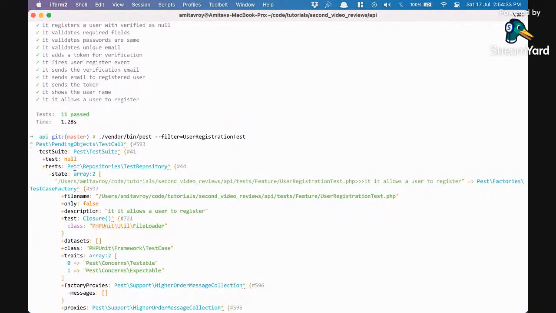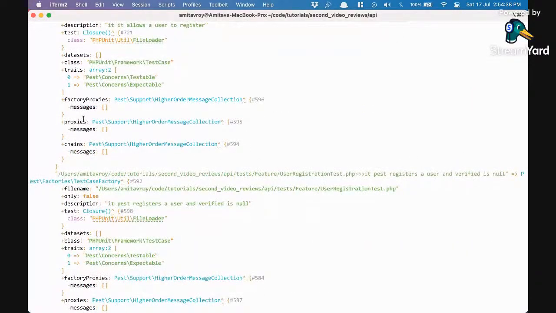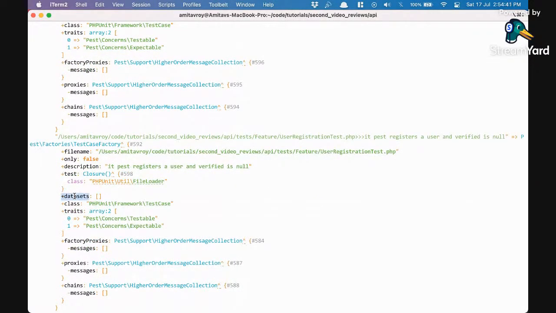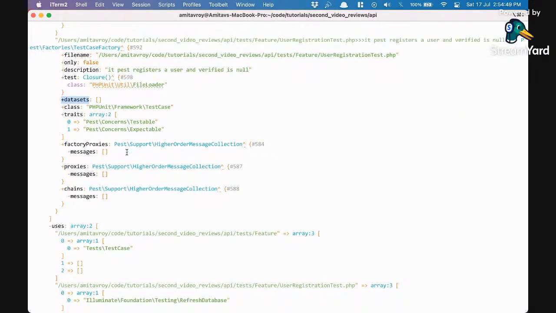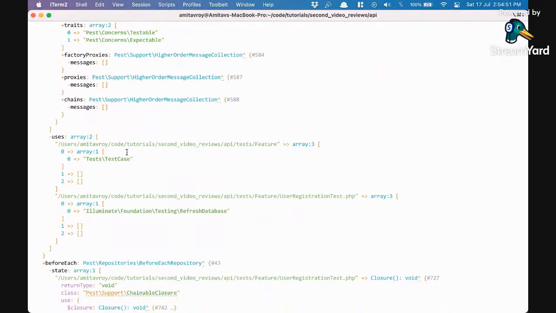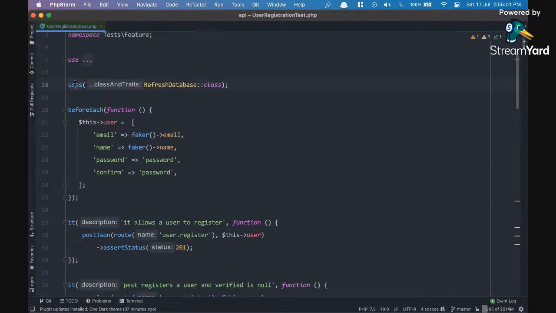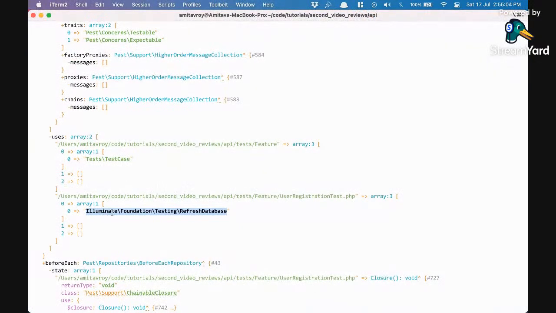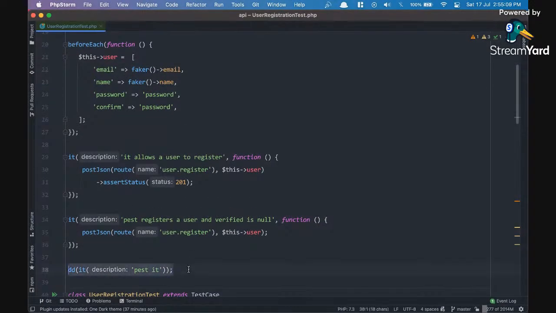Test suite tests. Okay, it gets the state. It has the description. Interesting. Data sets. Okay, so if I have any data sets, it will load them up in here. These are the traits. All right. Okay, the uses are also here. So you can see, because I have added that particular thing over here. Where is it? Uses. So that's also mentioned over here. That's interesting. So this is helpful, which means what I'll have to do is